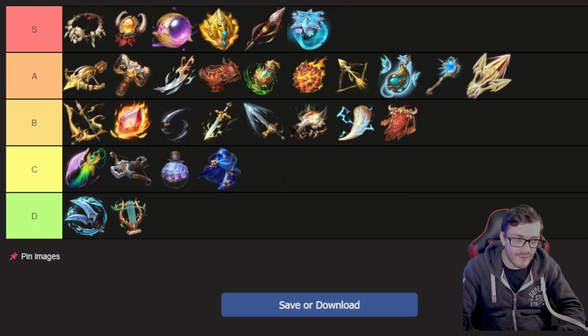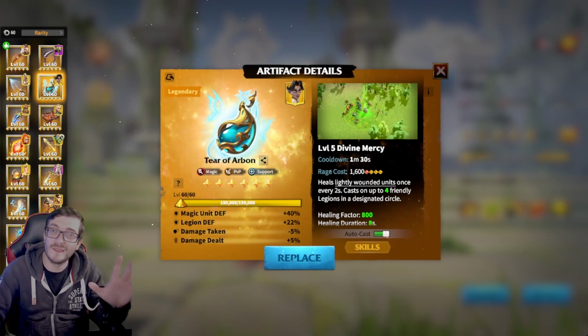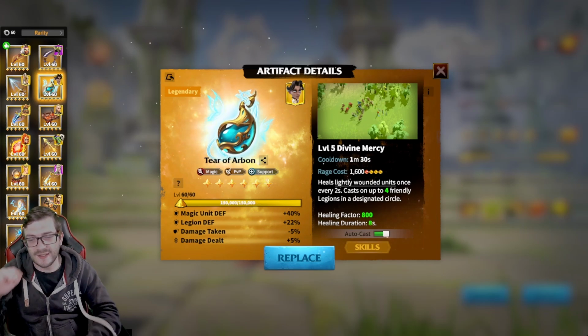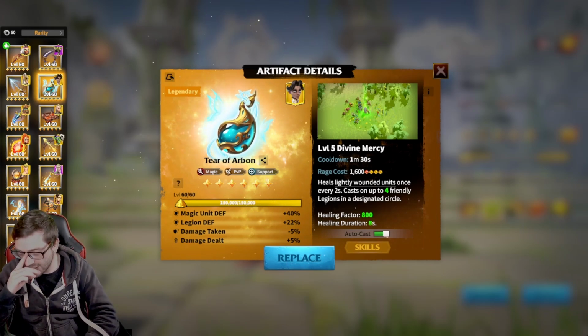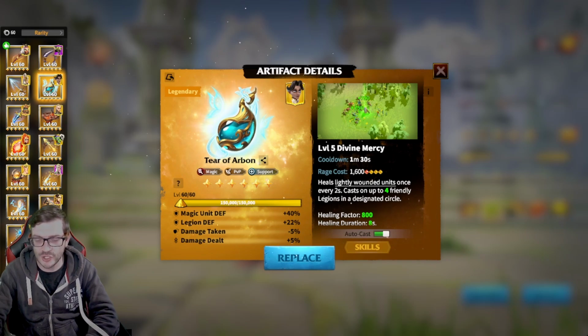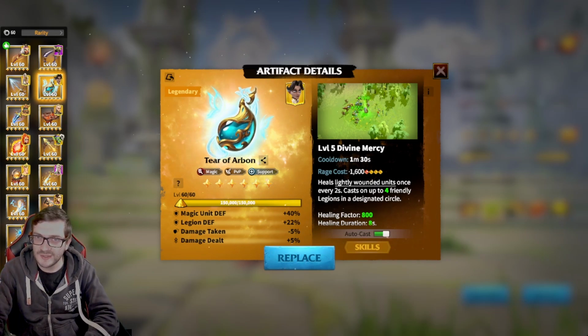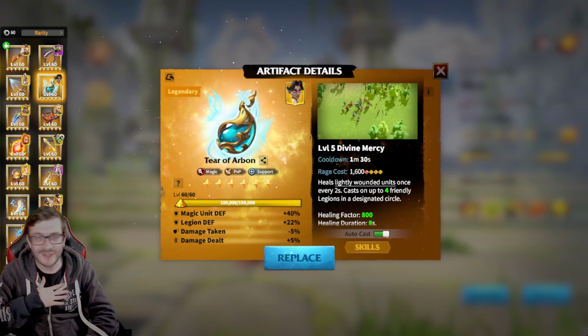Now moving to the tier of Arbonne, the good old tier of Arbonne. And the thing is, and this is the sad truth about the tier of Arbonne, he got nerfed. Originally, the tier of Arbonne had a 1200 healing factor. And as you guys know, it's been nerfed down to 800. It's been 800 for the longest of times. Only the OGs will remember the 1200 healing factor. And part of me wants it to be buffed up again, but at the same time, it doesn't need to,